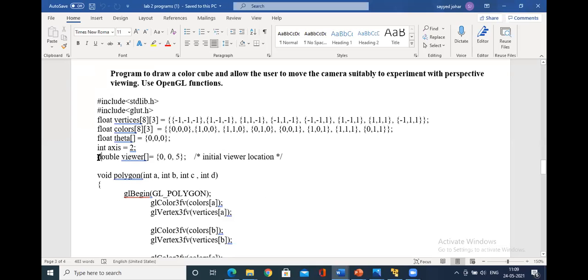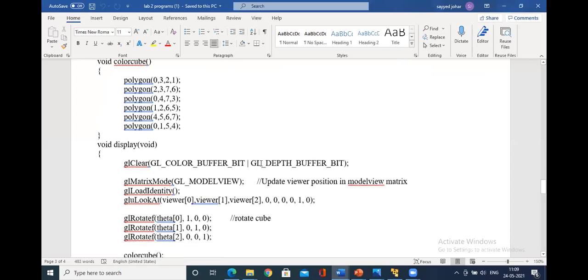So maybe in tomorrow's class, I'll explain that along with Bresenham's line drawing algorithm. Tomorrow I'll go with the two programs, Bresenham lines and also the perspective view of a cube. As we have executed the cube, I suggest you execute that first cube program today itself so that tomorrow you find this program easy. I'm going to explain the viewer functions tomorrow.